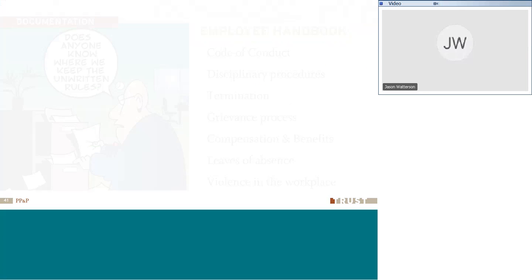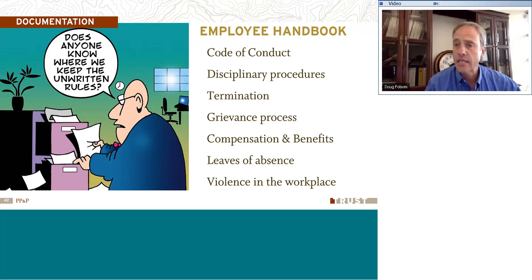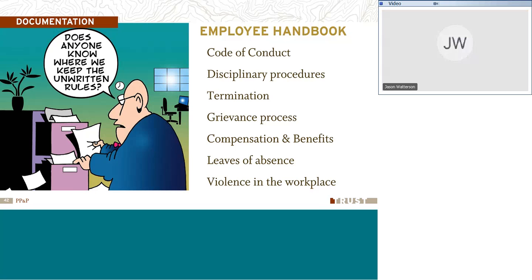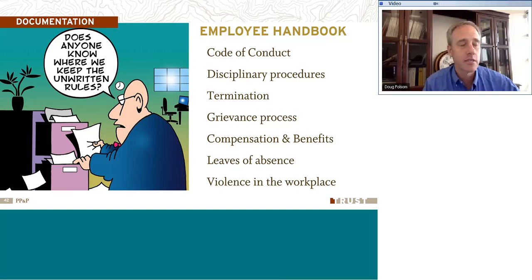Employee handbook may also cover things, and this again, part of your policy, a code of conduct. What is acceptable and unacceptable behavior? Do we allow horseplay or not? Don't allow any horseplay, okay? Make sure that's part of your policy. What are your disciplinary procedures? This needs to be determined before you have to discipline somebody. Before you have to terminate somebody, what is the procedure we need to follow when terminating somebody? What is the grievance process?